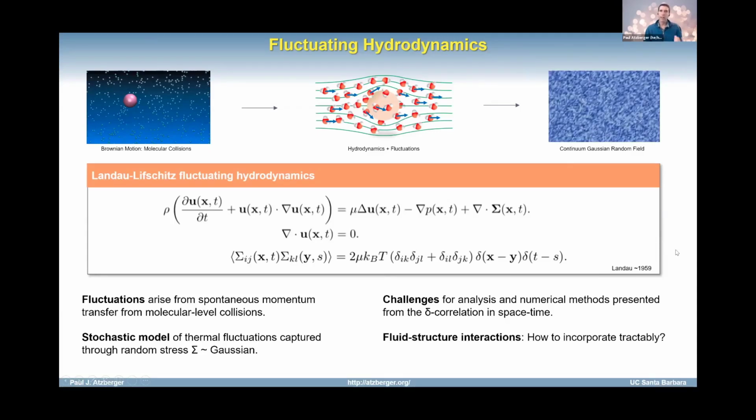So I just want to point out again that there are significant differences in how you go about treating these systems numerically, and even in some of the analysis, relative to some of the other things that you've seen in computational fluid dynamics. Then there's the other challenge, of course, of how we introduce fluid structure interactions in a way that is, again, principled with respect to statistical mechanics and also computationally tractable in some way. Okay, so that's going to be a lot of what I address in the first part of the talk. And then, of course, I'll show you how we address some of these challenges and some of the simulation work we've done in this domain.